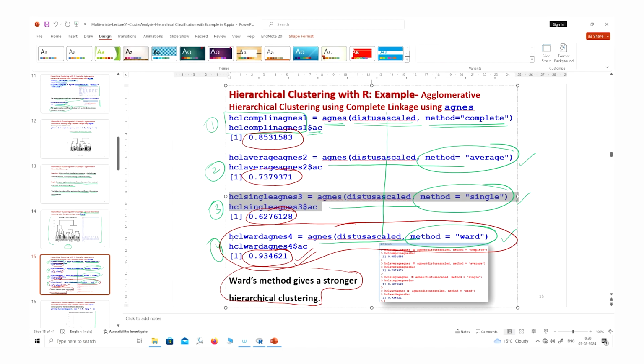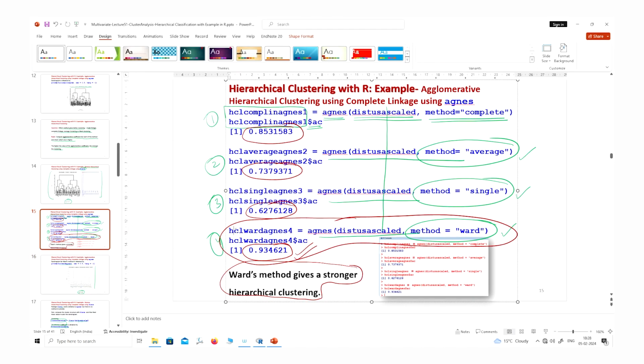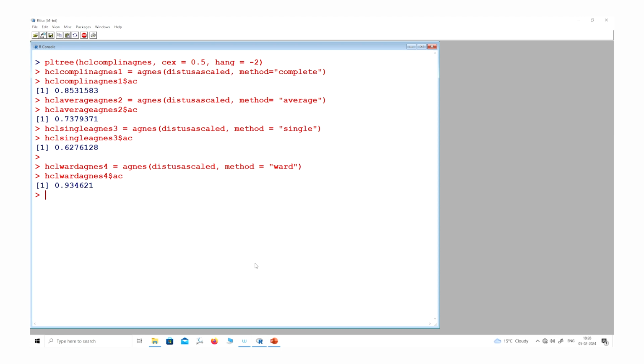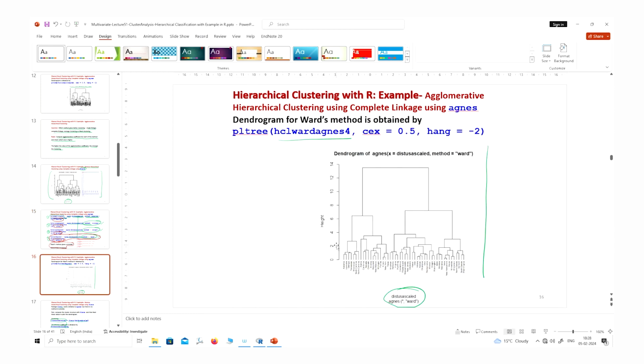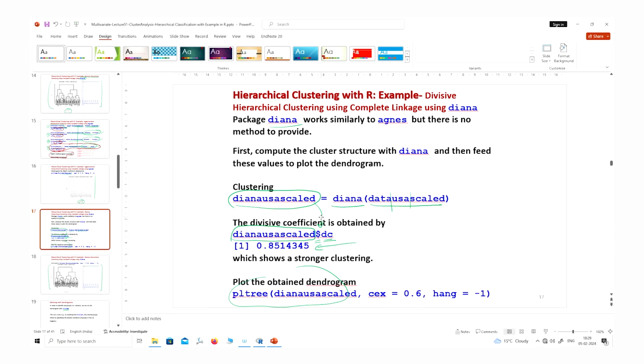finally, I copy this here, so you can see this is based on the Ward method. So you can see out of these four values 0.85, 0.73, 0.62 and 0.93, the agglomerative coefficient based on the Ward method is giving you the highest agglomerative coefficient, right? So this you can see here, and now similarly you can compute this thing,